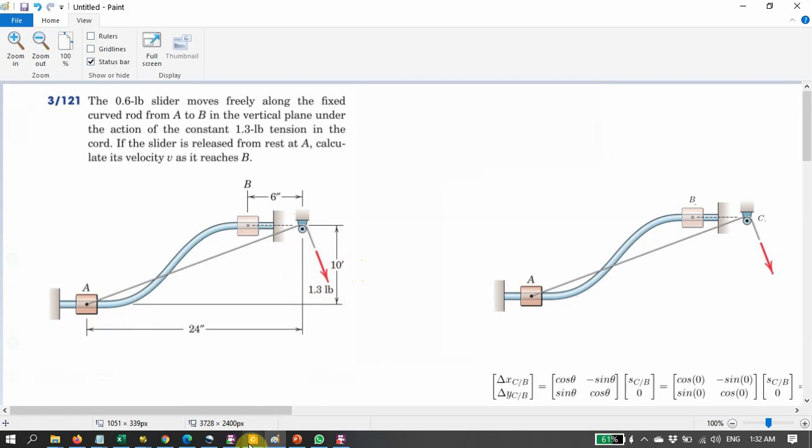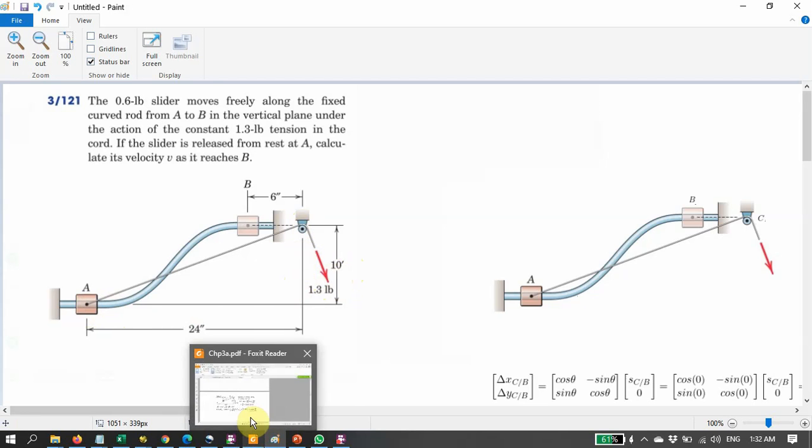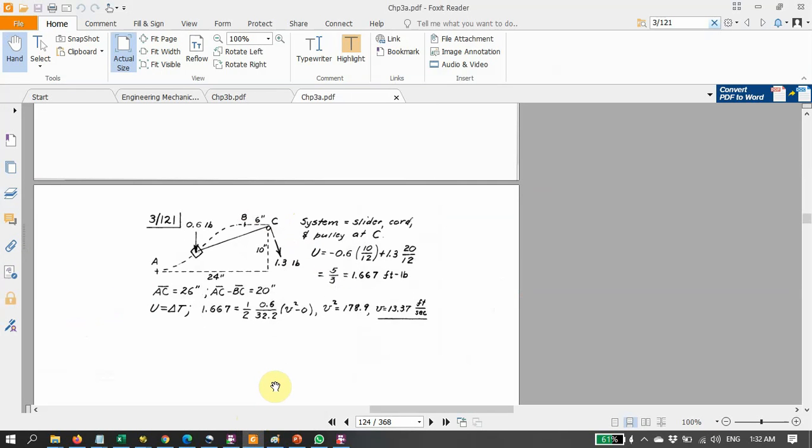So let me show you the solution for this problem. The solution given by the author is 10 inches. I don't know whether this author or someone else will make the effort to do all these calculations. And the calculation for velocity is stated at the pulley location, because the calculation is based on